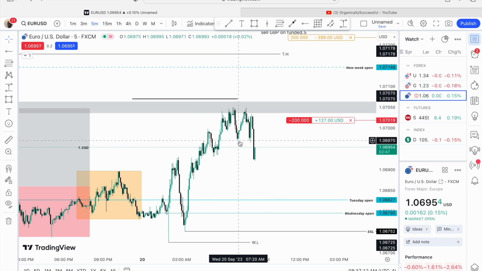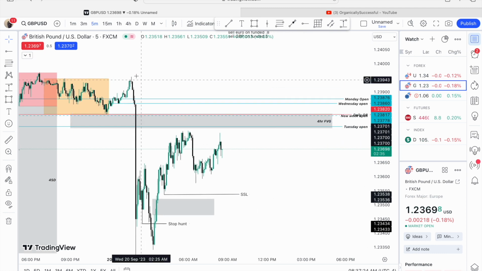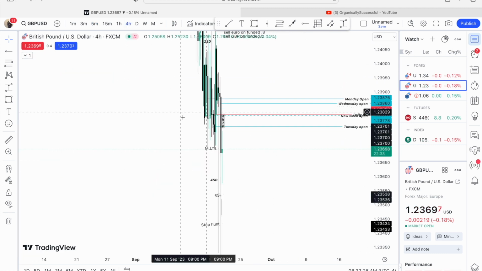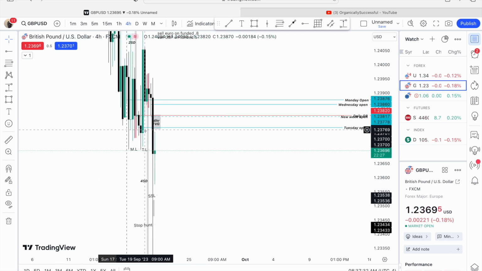Alright, so we have a high, a low, a high. So this could be a breaker here. We also have a breaker here as well. It's a fair value gap and also a breaker. I didn't label it as a breaker, but we already traded in a breaker here, and we have a water block and a premium fair value gap. So we have a lot of things going on